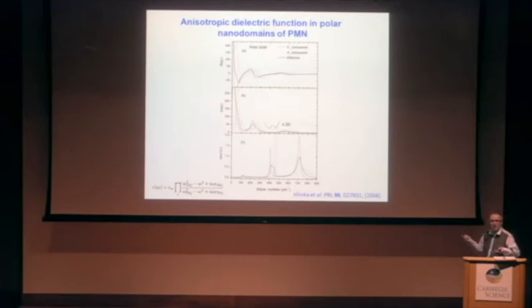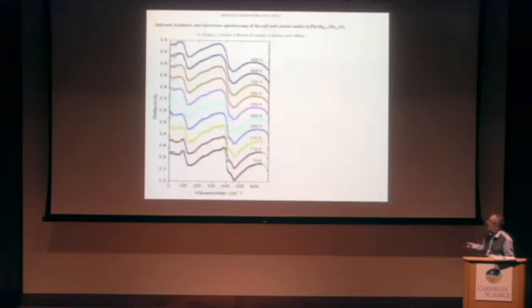in such polar nanodomains. And I have to stress that such polar nanodomains could be just dynamic. They can exist just on a sub-picosecond scale. But infrared spectroscopy is sensitive to this broken symmetry. So we can see that each mode is split, and we can explain such splitting in infrared spectra. But this paper was published 12 years ago, and we just investigated low temperature properties, and last year